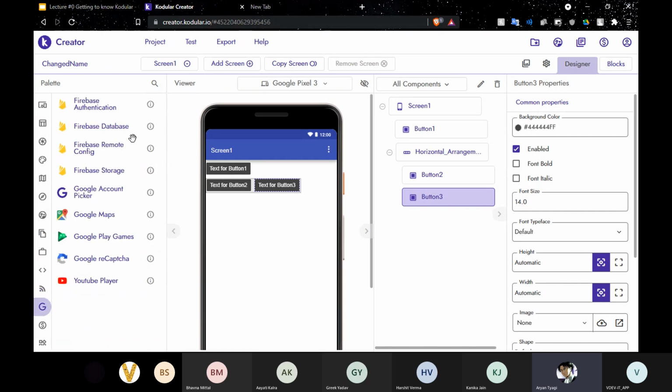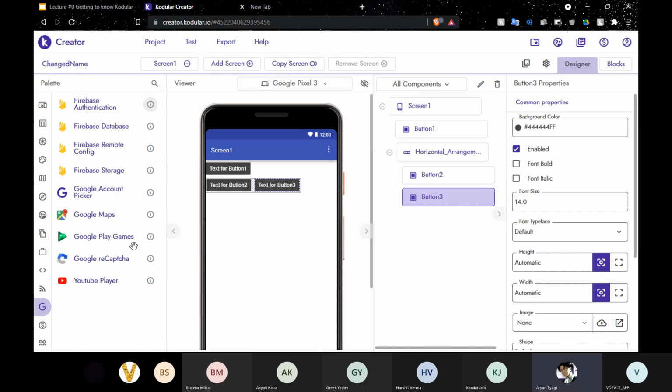We can also include the Google aspects, like Firebase, which is another popular database service, but it is paid. So we will mainly be using TinyDB or Cloudinary. Then we have Google Account Picker, which, as I showed you how to sign in, there was an option for sign in with Google. So that was using this. You can also get a short paragraph of information about the widget by clicking this info button.